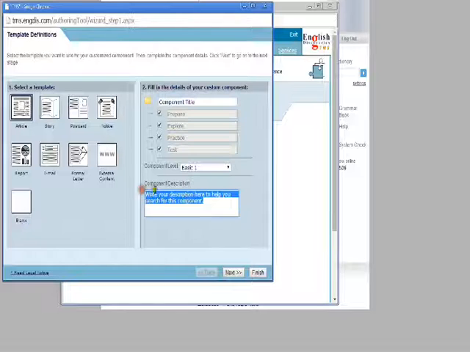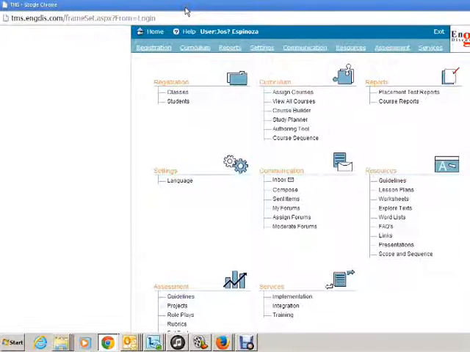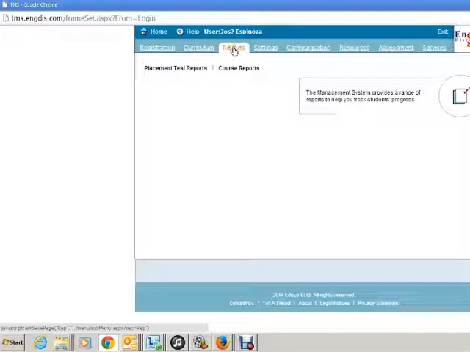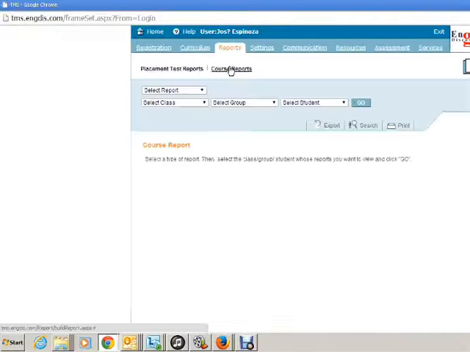And with this, we finally finished explaining the curriculum tool. Now let's go over to the next option from the teacher's corner, which is report. Report basically helps you track student progress. In report, we have placement test report and course report. If we click on report, and if we want to check a student progress, let's say